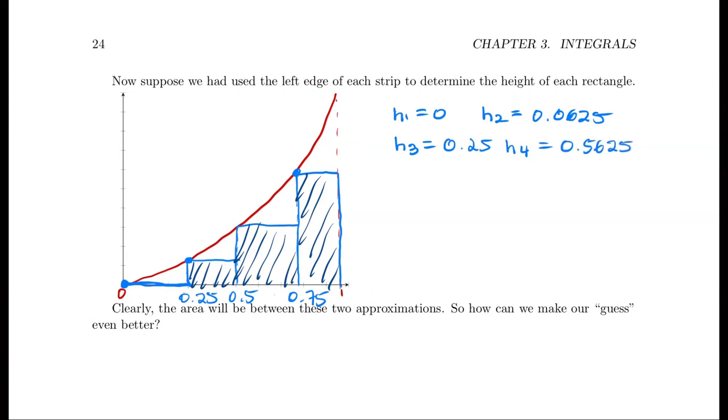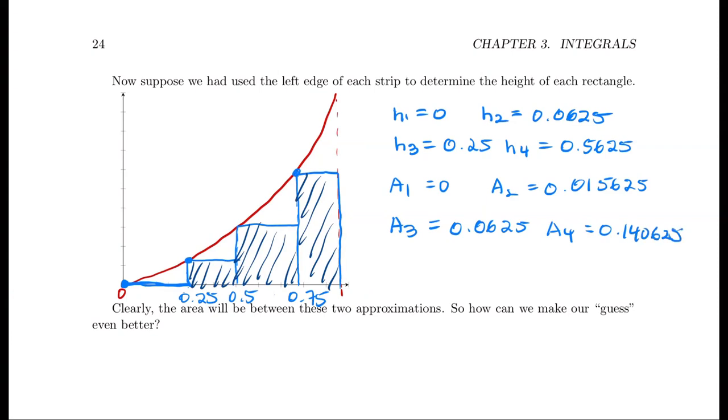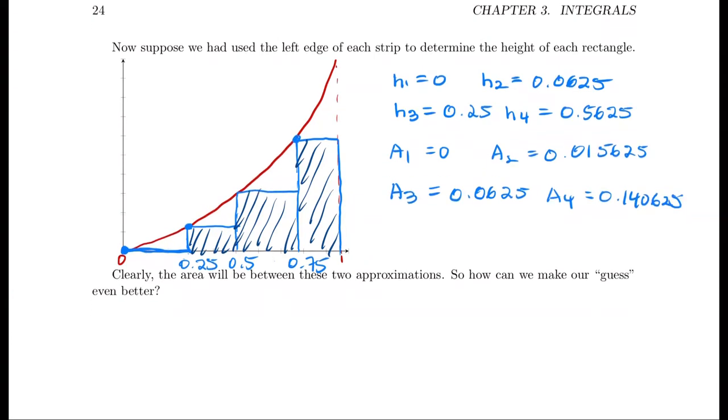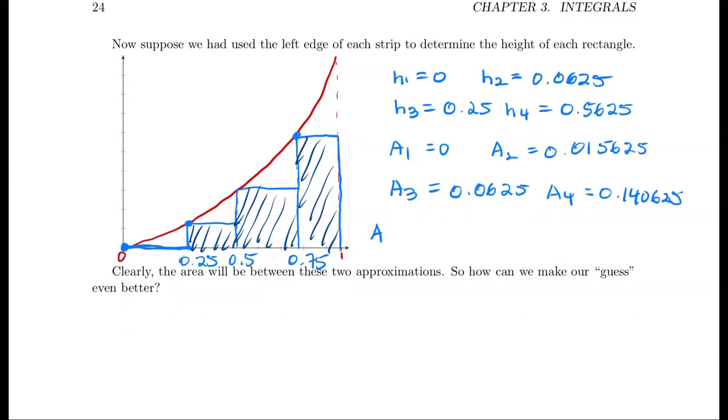And calculating the areas again, we get A1, which is 0, A2, which is 0.015625, A3, which is 0.0625, and A4, which is 0.140625, right? So if we add up all the areas, A1 plus A2 plus A3 plus A4, we will obtain 0.21875,